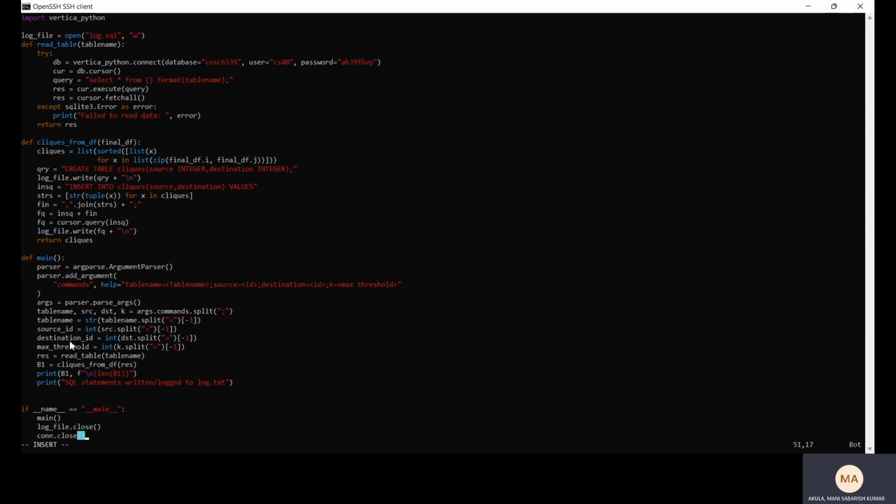When the main function is called, the control comes here, and we are passing the arguments to the command line, right? We are using an arg parser to catch the arguments and separate them, and the format is like table name, source, destination, and the k. We are using the parser to separate them, and then